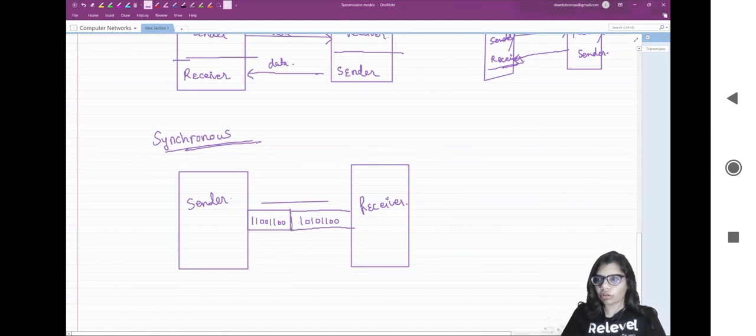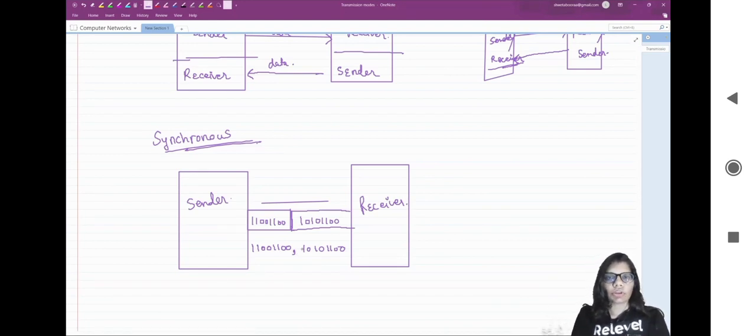So as I have just drawn this particular partition, in actual, how would this partition happen between the bits? Generally we send a character in between and we call it character level synchronization. So we would be sending a character after every byte in the synchronous way, so that it would be differentiated that now one byte is completed and the next byte is started. For example, it would be sent as 11001100, comma, 10101100. So this comma would be acting as a separator, okay, and we will call it character level synchronization,